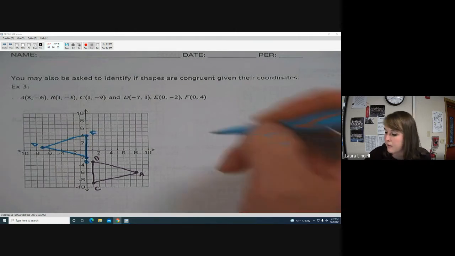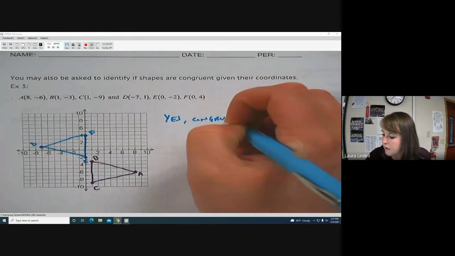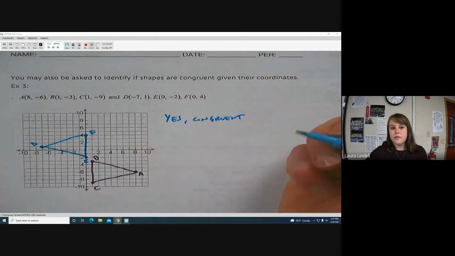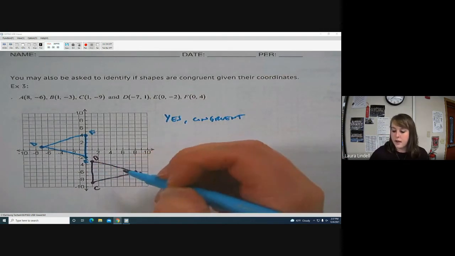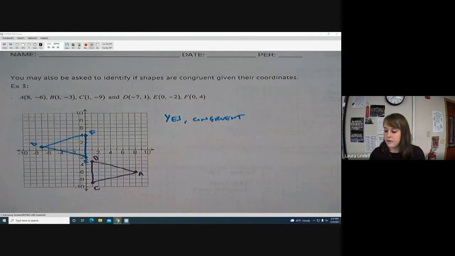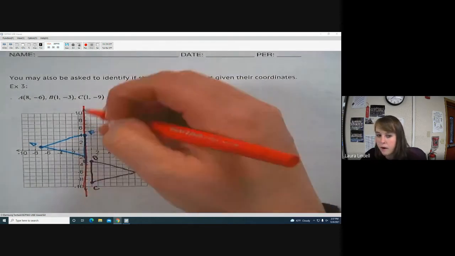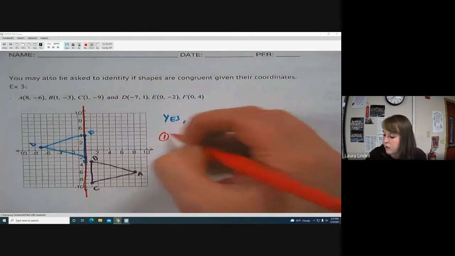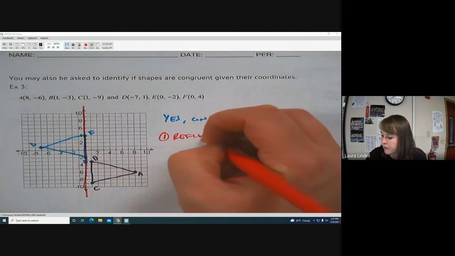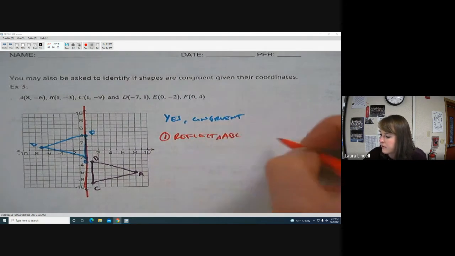On this one, though, I would say that yes, these are congruent. And now I have to show it. So one way I might show it is if I started at ABC at this triangle, I might start by doing a reflection so that I get it oriented the same way as DEF. So here's the y-axis. I'm going to reflect this over the y-axis. So step 1, reflect triangle ABC, over the